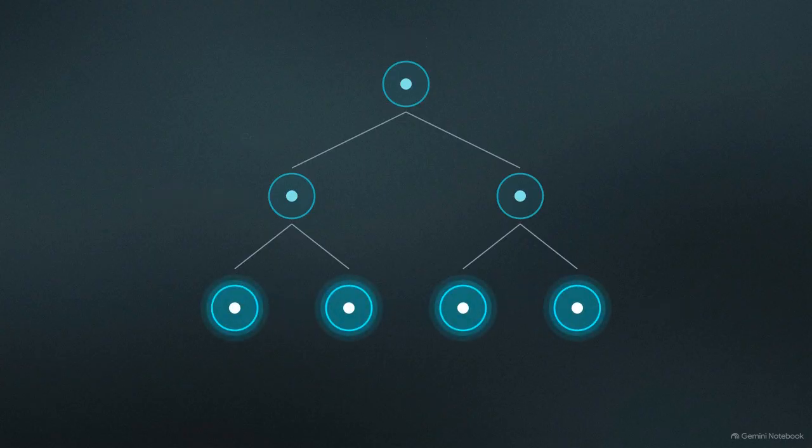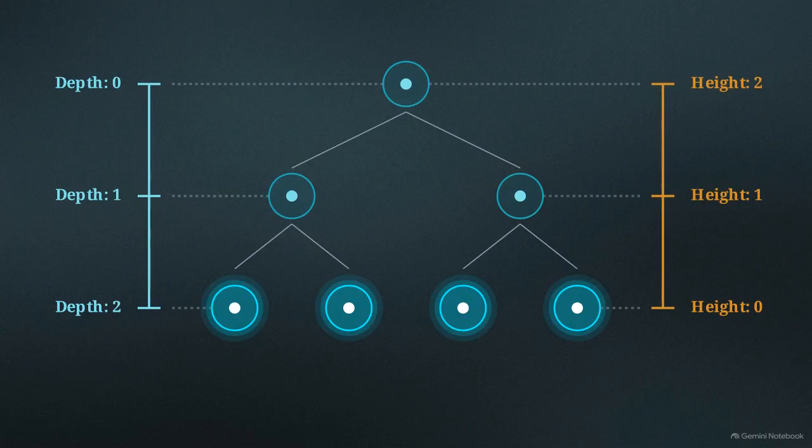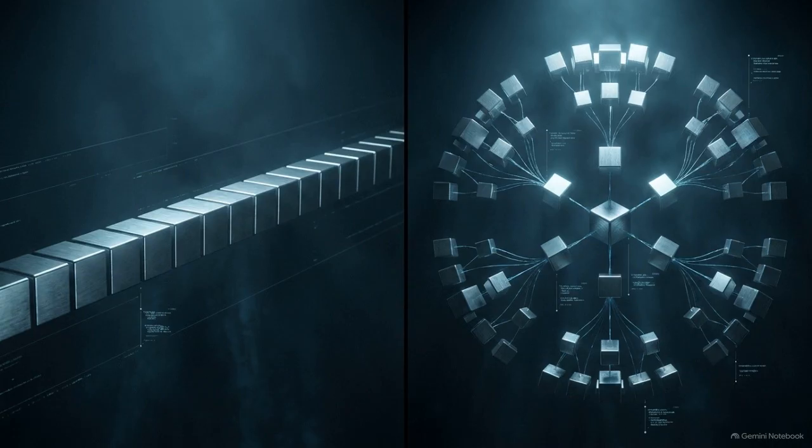We measure the scale of this structure mathematically in two ways. Depth counts the steps downward from the root to any specific node. Height does the reverse, counting the longest path upward from a leaf to a parent. By branching data outward instead of stacking it end to end, we transform a flat sequential list into an optimized